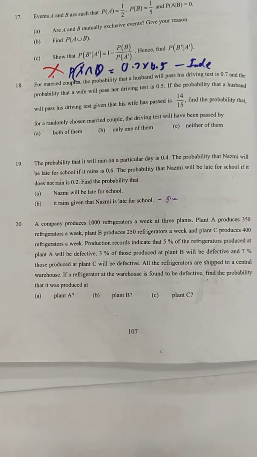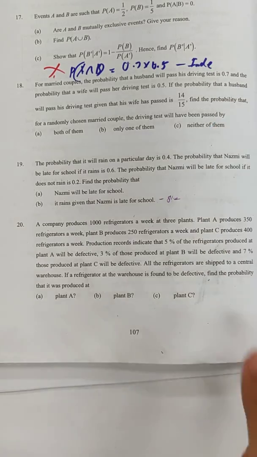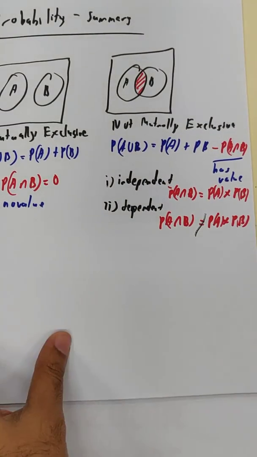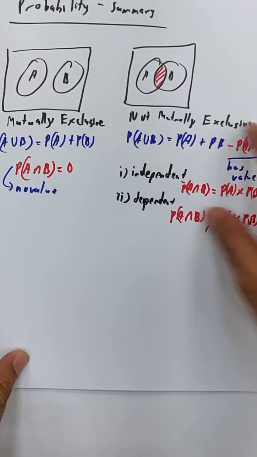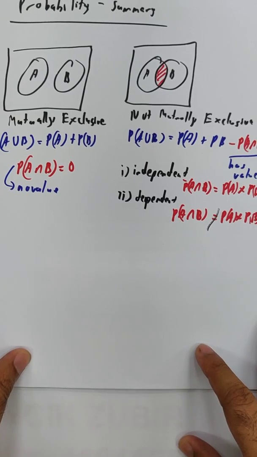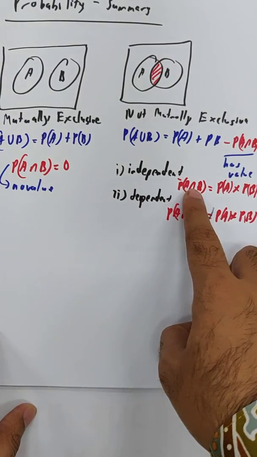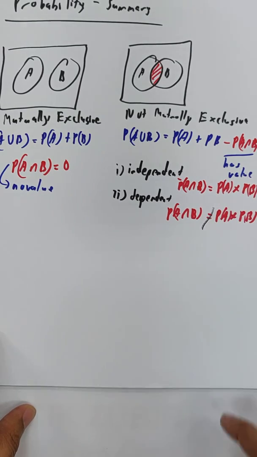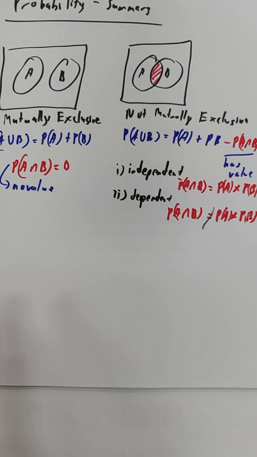And I've seen this a lot among students. So be careful, okay? We're going to try this question later if you have enough time. You need to memorize this formula. If you don't memorize them, I cannot help you. When is it independent? When P(A intersect B) equals P(A) times P(B). When is it dependent? When P(A intersect B) is not equal to P(A) times P(B). Because sometimes you will be forced to ask these questions. Okay, we try the questions later if you have enough time.